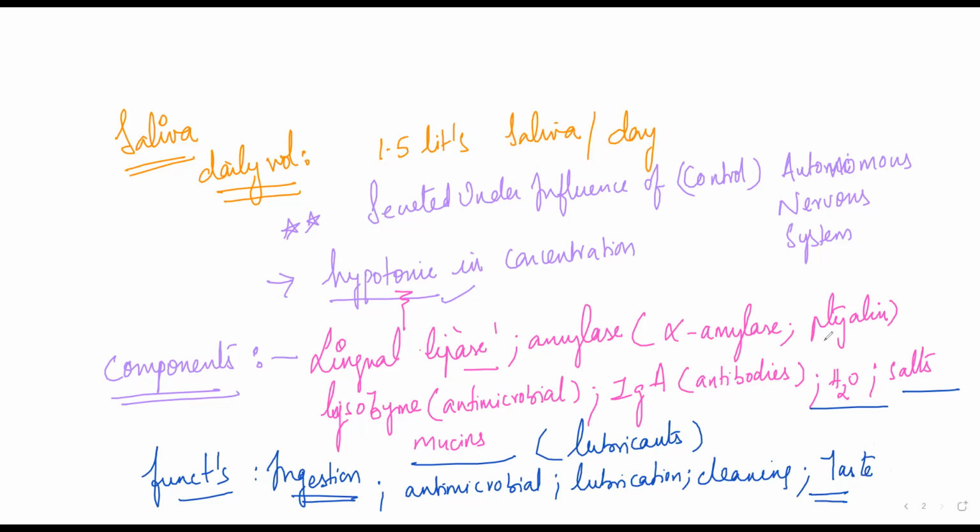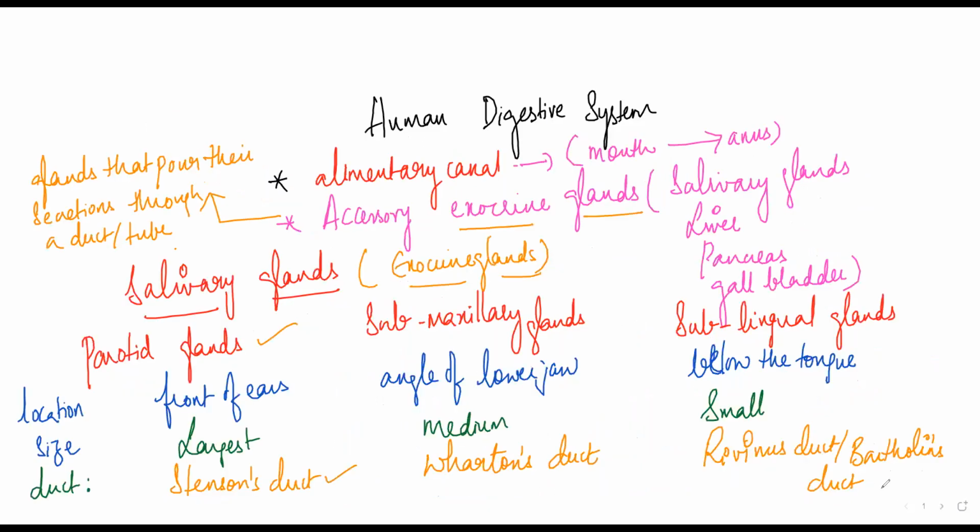About the composition of the saliva, we have in our syllabus in the NCERT the ptyalin. We have not covered the lingual lipase, so in further education you'll be learning about all these compositions. So children, just remember that this is under the control of the autonomous nervous system. And we could even see the ducts, which is one of the most important topics here. This table is going to fetch you some marks in the examination. This is about the salivary glands. I hope you all have understood, children.